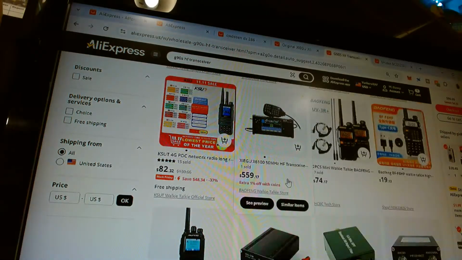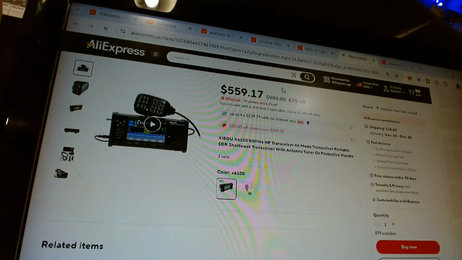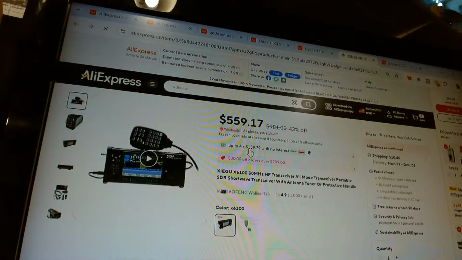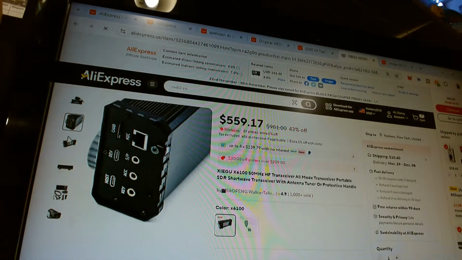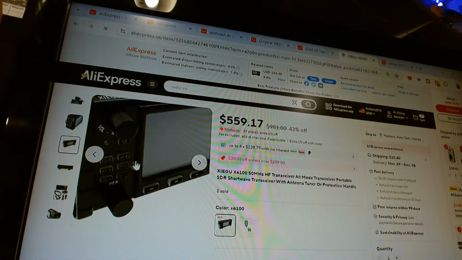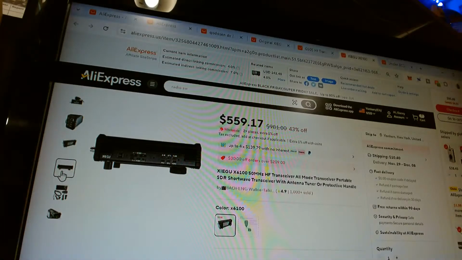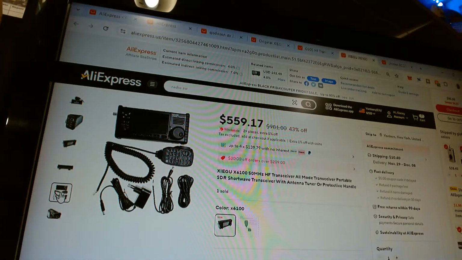This is the one that Marity Dexter has. I like this one too. The 6100. He's very portable.